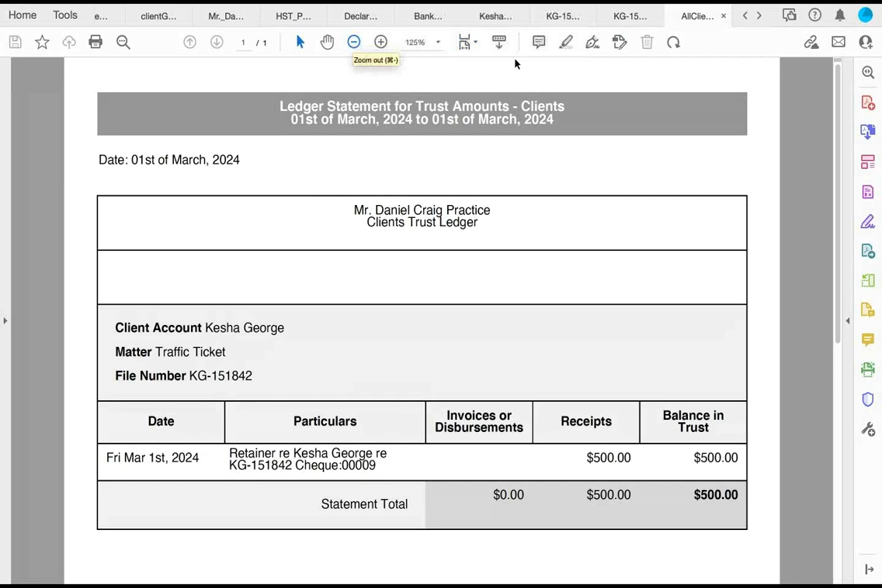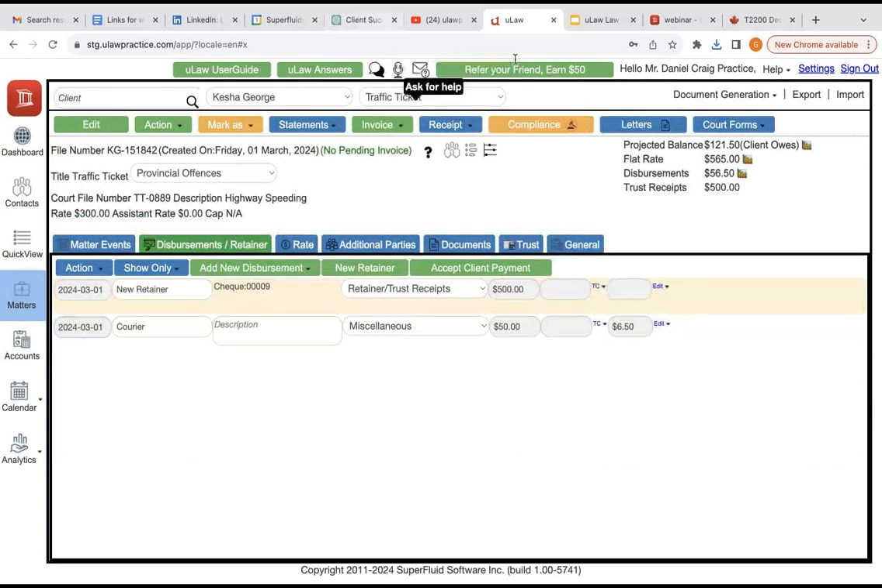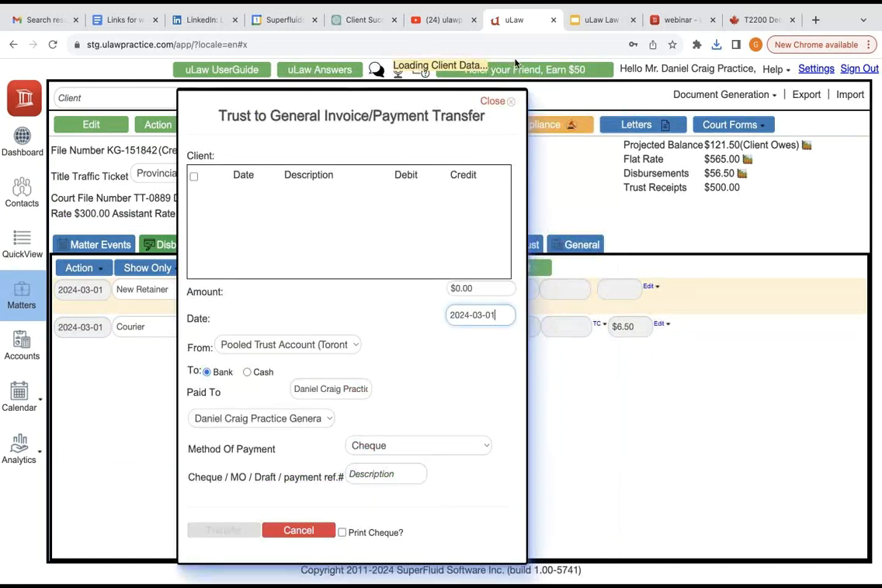You have the date, first, the client account details, including the file number and the file name. Then you also have the particulars. You have the receipt because it's a receipt ledger, and any invoice or disbursements. Right now, the invoices or disbursements is showing 0 because you have not disbursed anything from the trust. But if I go back now and go into that matter and complete the trust disbursement, which is moving the money from trust to the general,